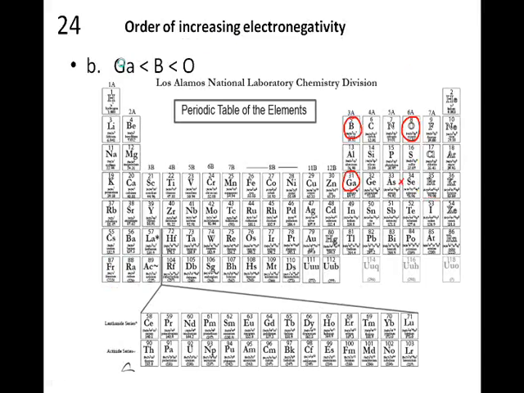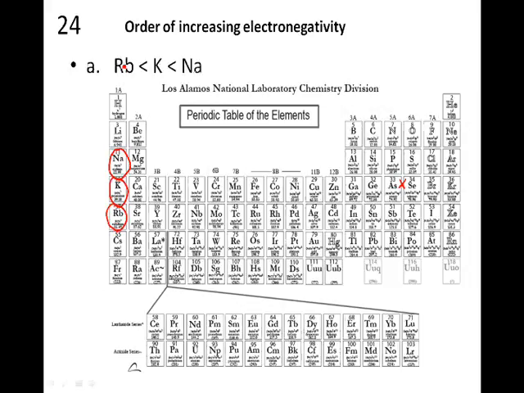why didn't I start on A here, I wonder? Okay, let's go back to A. Increasing electronegativity. Remember, the trend is this is the lowest. So we increase in electronegativity as we go up, and we increase in electronegativity as we go across, with fluorine being the highest. So these three